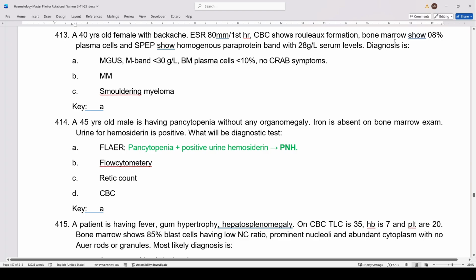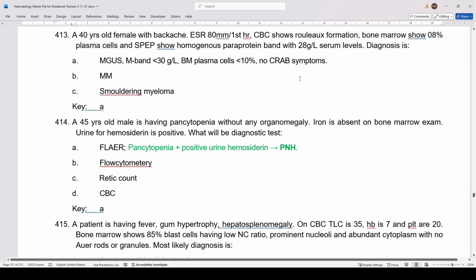Okay, plasma cell dyscrasias, but you have to see whether it is MGUS, multiple myeloma, smoldering myeloma, or what. So here, what is the value? Bone marrow cells are less than 10%, and SPEP shows less than 30 gram per liter. So when bone marrow is less than 10 and SPEP is less than 28, it is a case of MGUS. Okay, M band less than 30 and bone marrow cells less than 10,